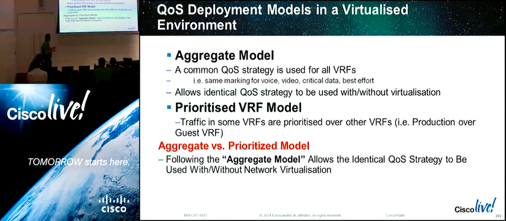Or the other model is, of course, a prioritized VRF model, where now you have a different QoS strategy per VRF. And maybe you prioritize specific VRFs because you think there's more important traffic there. Obviously, doing an aggregate model is a lot simpler to manage in your network because you have a common set